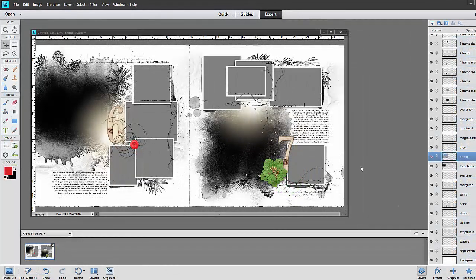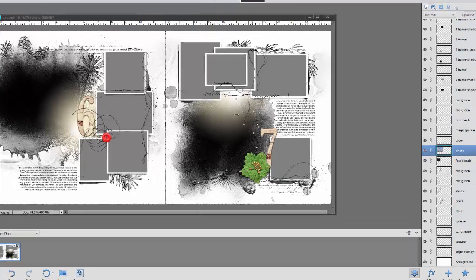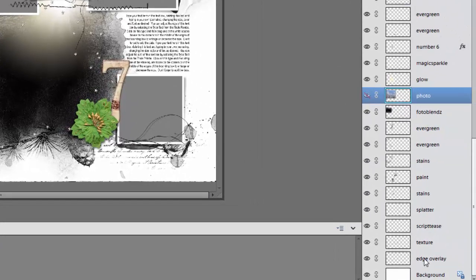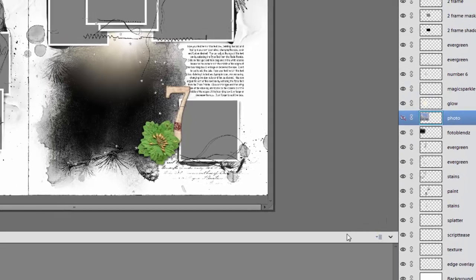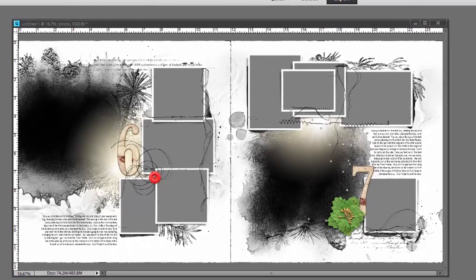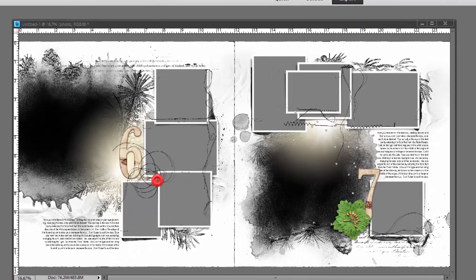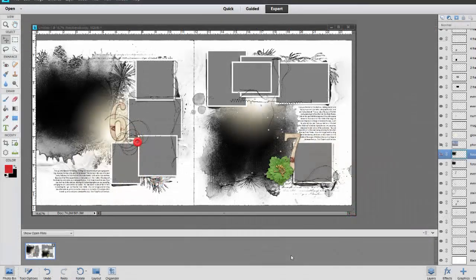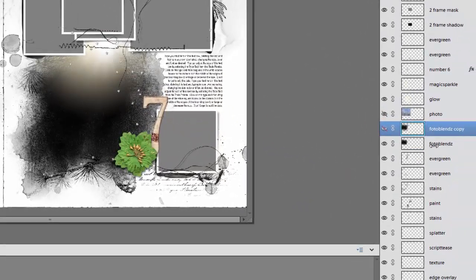So if we look at the various layers that make up these templates, you can see we have an edge overlay, texture, script tease, etc. The biggest design feature of this particular series of templates is that I have split up the Photo Blends clipping mask layer. So if you look at the layers panel, you can see this particular Photo Blends is delivered in